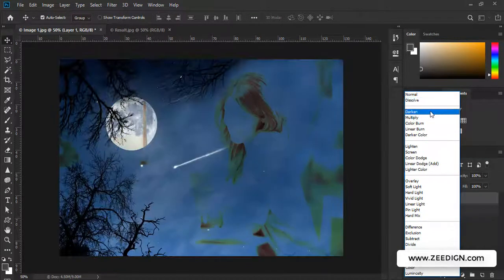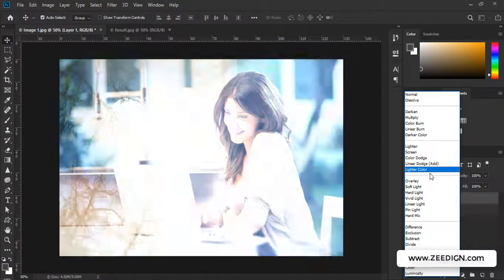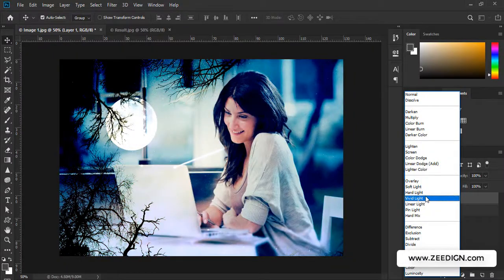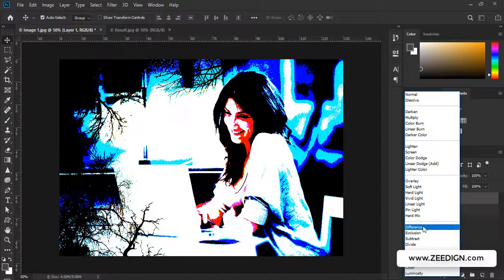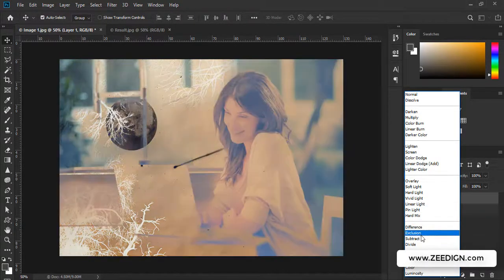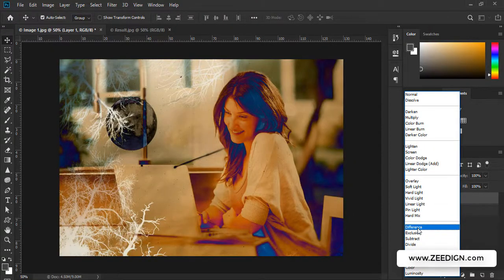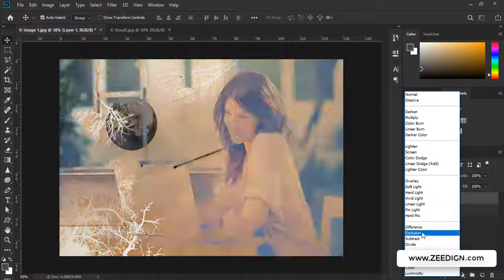So far we were dealing with darken effects, then there were lighten, then there was a combination of both, the contrast section, and so far both of those images were quite similar to each other, and we could easily understand that both of the images are getting merged and blended, sometimes in an intense way, sometimes in a lighter way, sometimes the priority was given to the darker layer, sometimes to the lighter layer. But in this section, these colors were nowhere, right? So the inversion blending modes are going to invert a lot